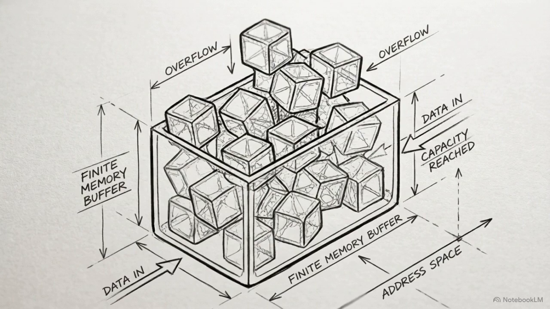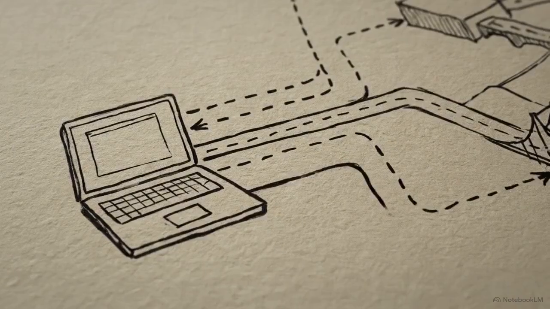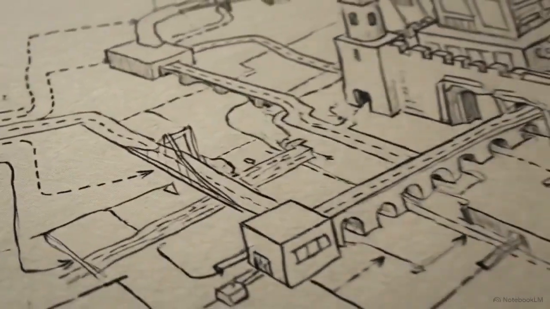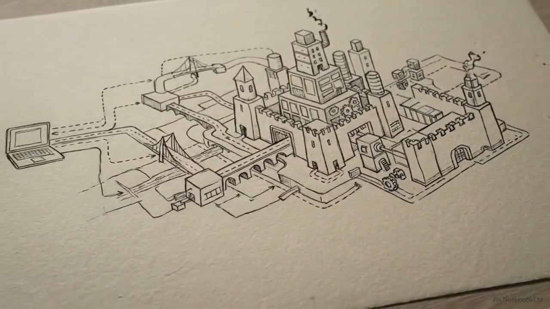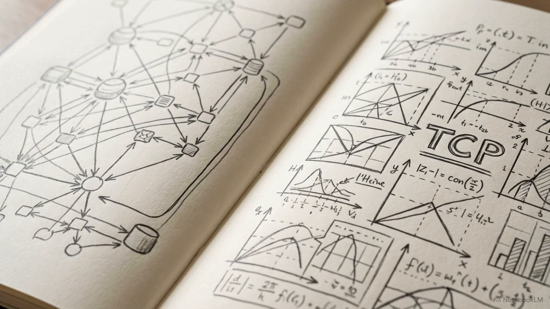They cannot hold excess packets indefinitely. When those physical buffers fill up, any new arriving data is dropped. This creates a distributed engineering problem. Isolated endpoints, your laptop and a remote server, must discover the exact capacity of the network path between them. If they guess too high, they overwhelm the intermediate routers. Endpoints solve this probing problem using the Transmission Control Protocol, or TCP.